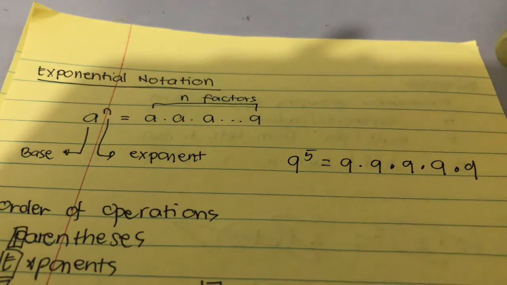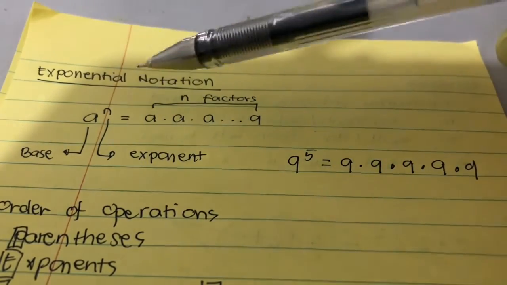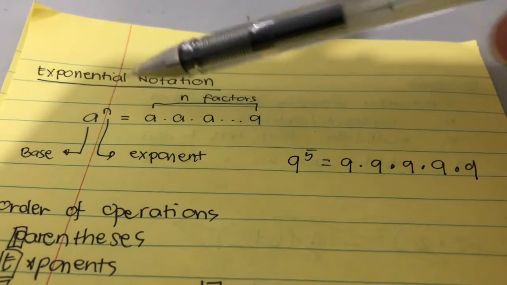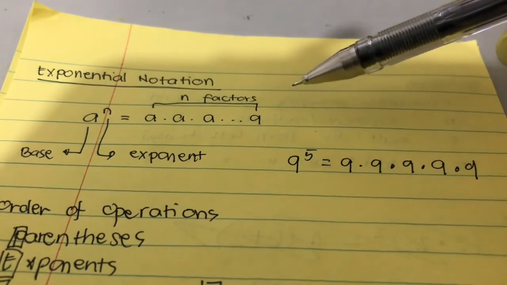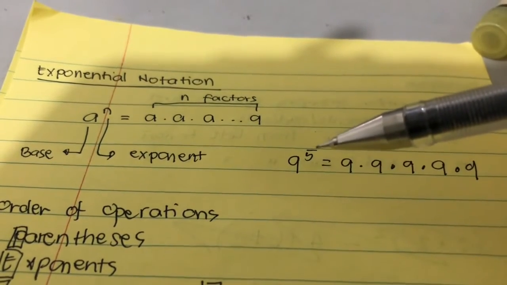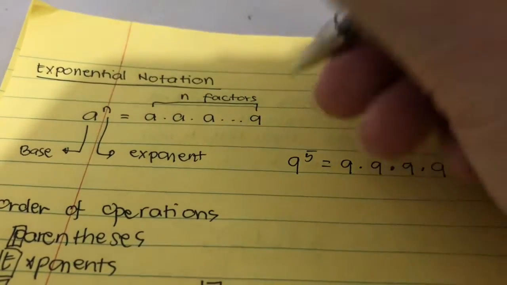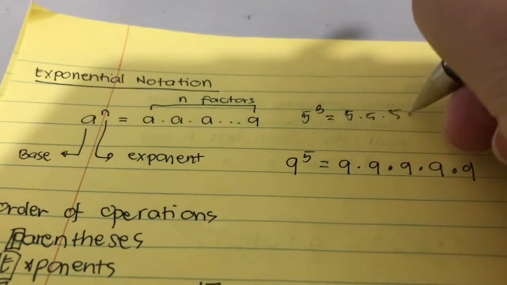When we say exponential notation, we express that a certain number, like a, can be raised to the exponent n. This means that n is the number of factors of a. For example, a raised to n is just a times a times a, and the number of a's is n. For example, 9 raised to 5 is just 9 times 9 times 9 times 9 times 9, which is multiplying 9 by itself 5 times. Another example would be 5 raised to 3, which is equal to 5 times 5 times 5, or just equal to